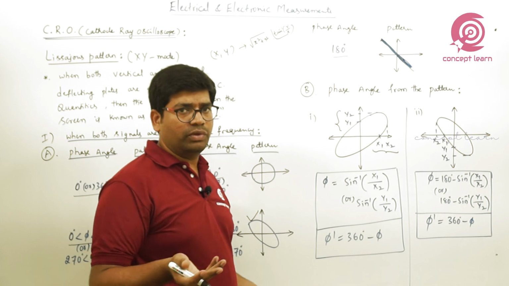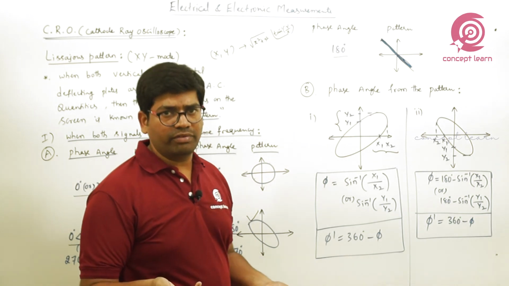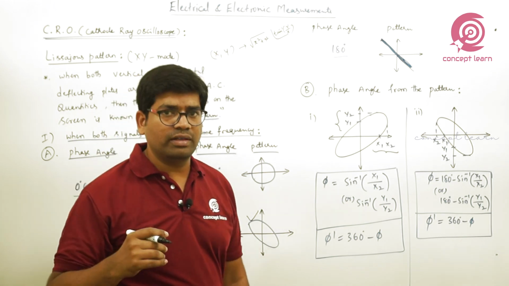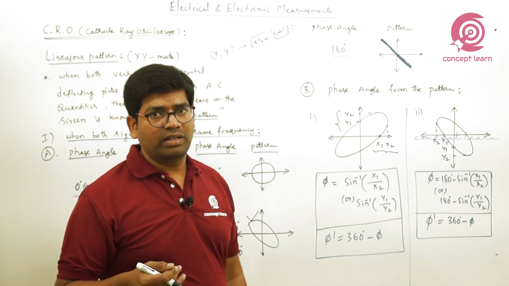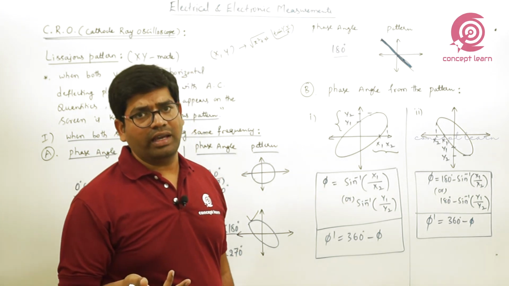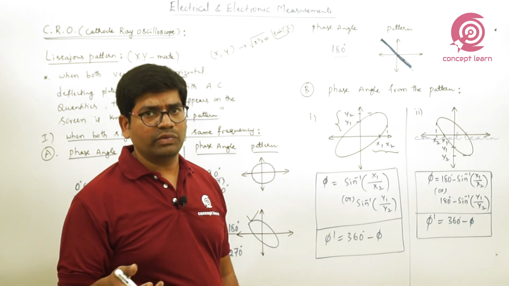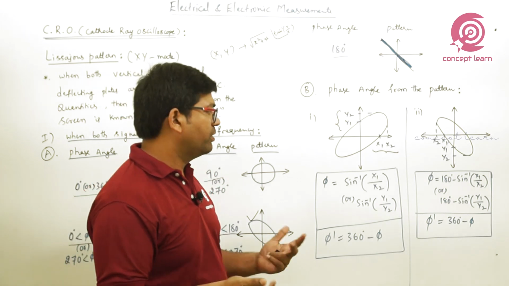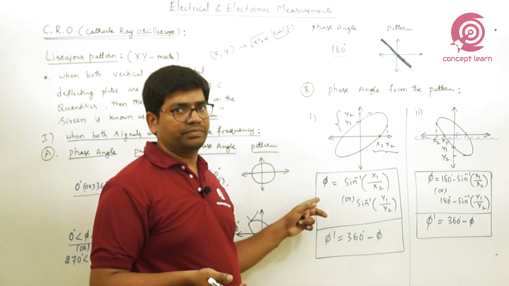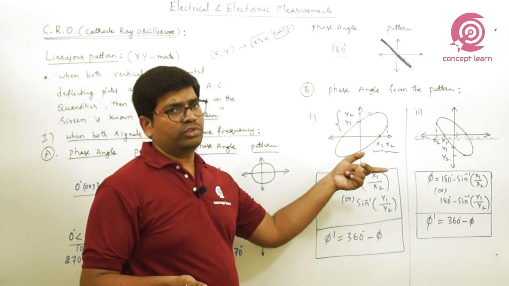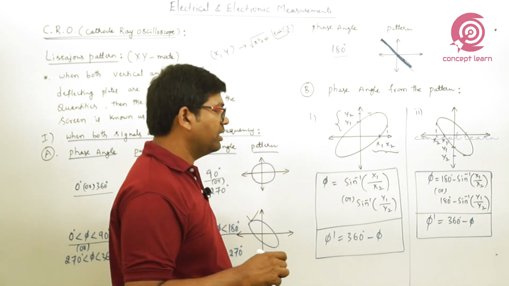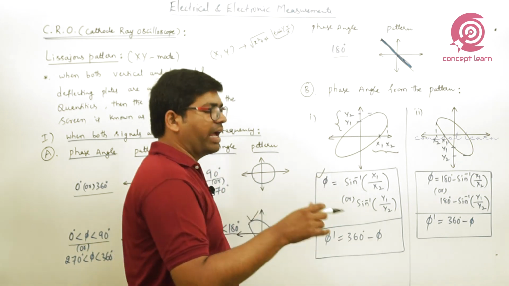So the relation is what you can get only based on sine inverse: lesser quantity in the numerator, greater quantity in the denominator. You can take x1 by x2 or y1 by y2, whichever is available in the pattern, that is in the diagram, and get the phase relation. They may give x1, x2 or y1, y2, and you can use any one of these to get that phase angle. This is one possibility, the anti-clockwise direction.